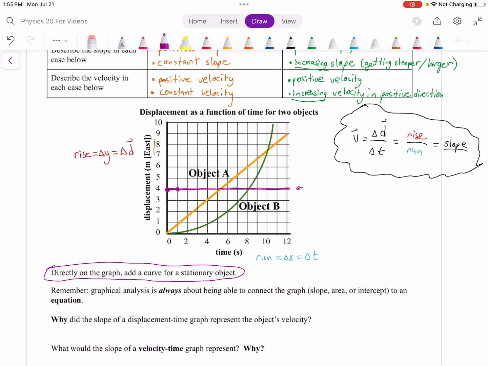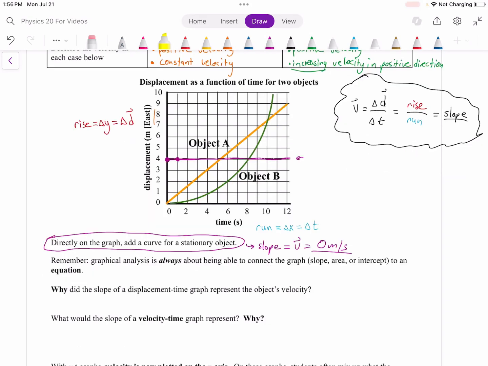Now, look at the connections here, right? What's the slope of a line like this? How much is it rising? No matter how far we run, how much does it rise? 0, right? It never rises. 4 minus 4 is still going to be 0 to find the rise. Hey, what's the velocity of a stationary object? 0. The slope of a displacement time graph tells us the velocity. This thing has a slope of 0, so it has a velocity of 0,